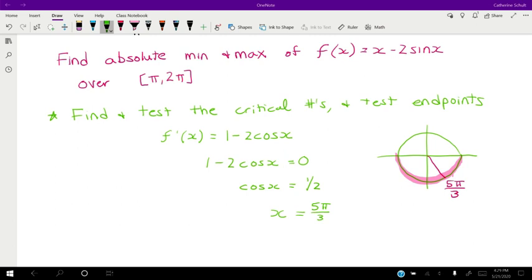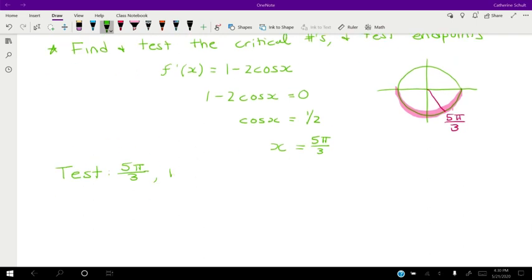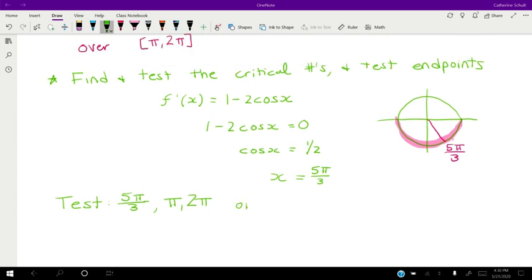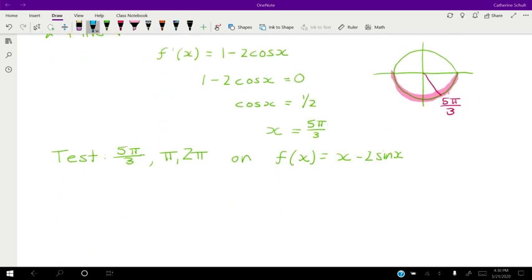Okay, so now how we're going to test to figure out the absolute min and max, we're going to test the critical number. We're going to test the endpoints, pi and 2 pi, of the original function. f of x was x minus 2 sine x. So we're going to plug those values in. So f of 5 pi over 3